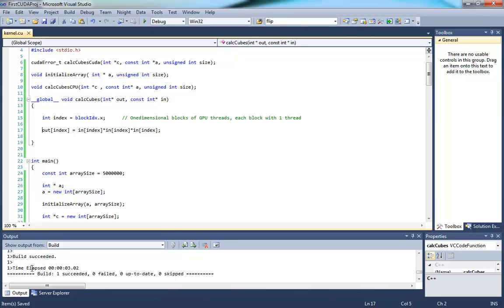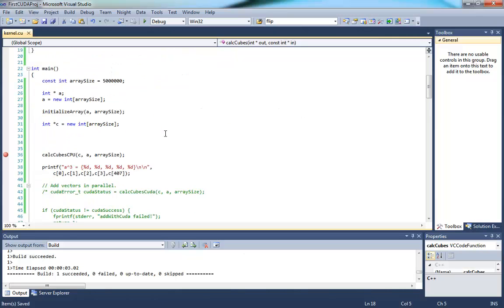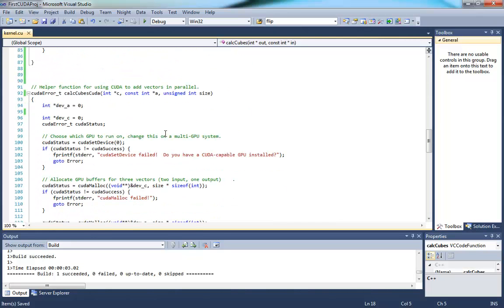And that is all that there is to my kernel calculation. I'm going to dissect this kernel in a little bit, but let's see how we're going to be able to invoke this kernel. The good news is that in my CUDA calculate cubes CUDA, I pass the pointer A,